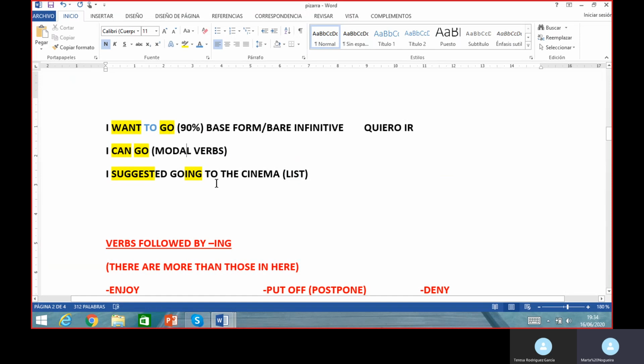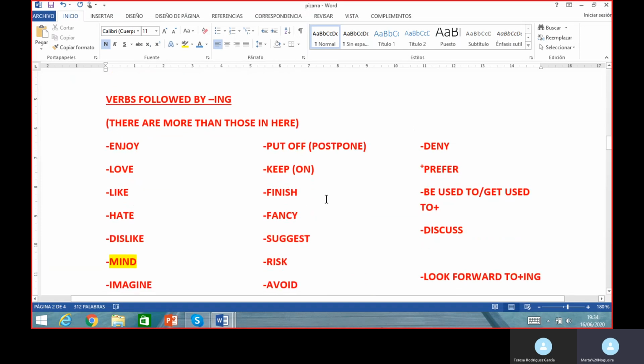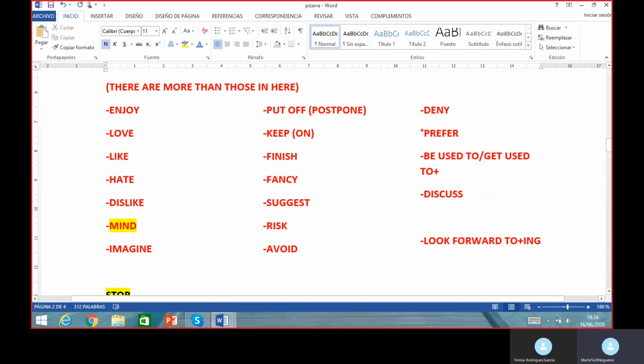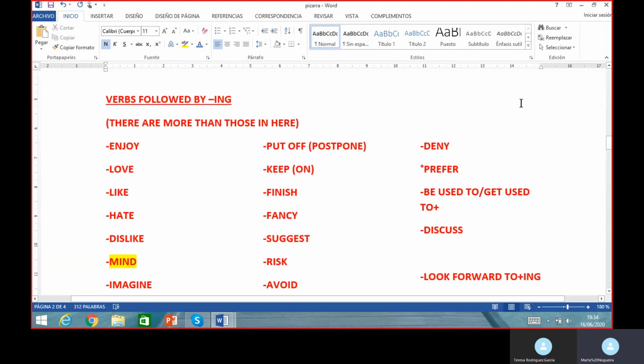I suggested going, but why is this with ing? Because you have to learn them by heart. You have to memorize these verbs. So which are the verbs which are followed by ing? We've got here some of them. Okay, there are more